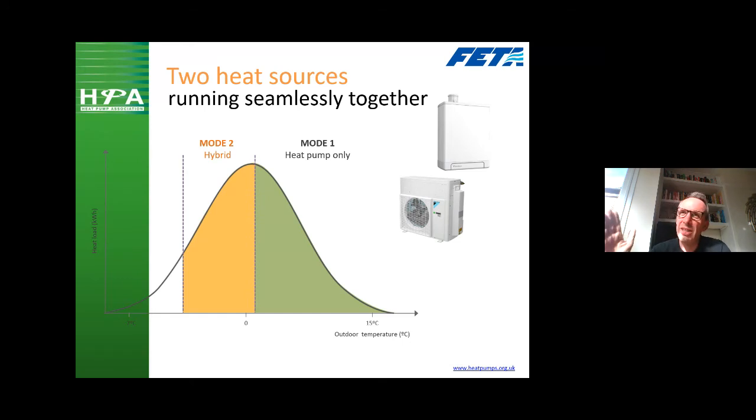Then as the efficiency of the heat pump starts to diminish even lower at the colder ambient temperatures, the secondary heat source can take over completely. So it could be the gas boiler or the oil boiler can take over completely. And that's because the balancing point of the heat pump, the efficiency of the heat pump, is moving all the time, depending on, as I say, the ambient condition, the flow temperature, and obviously the price of the fuel